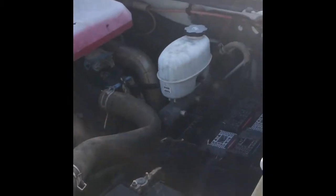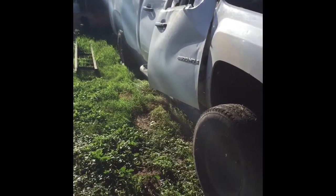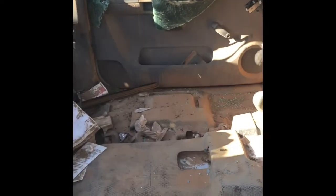This one is the same, missing a bunch of stuff. Pretty rough shape, as you can see. So, I believe this one is slightly more gutted than the other one. Yeah, it's missing all the front seats. Still got the back seat. But, yeah, so